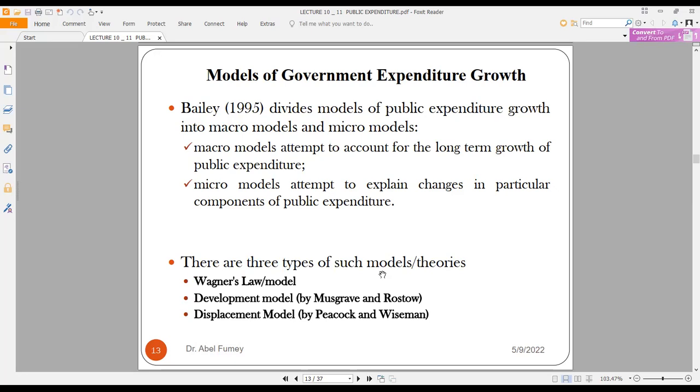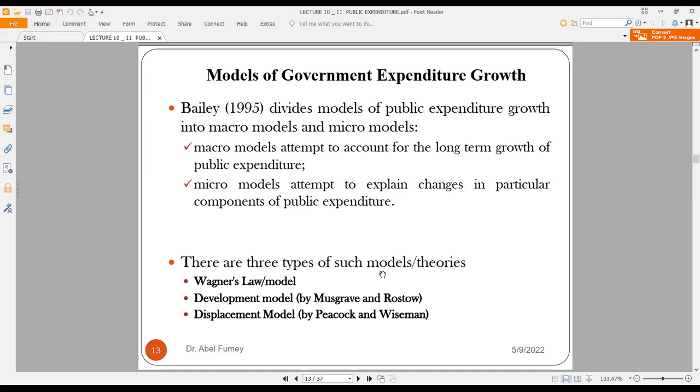But the micro ones, they try to just explain changes in some of the components of public expenditure. Those ones are not interested in the long-term growth. They are just interested in how changes in some of the components of government expenditure can affect the economy. That's why we call them the micro